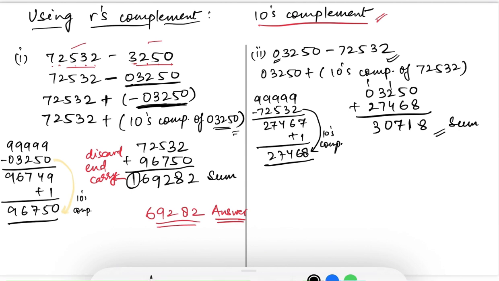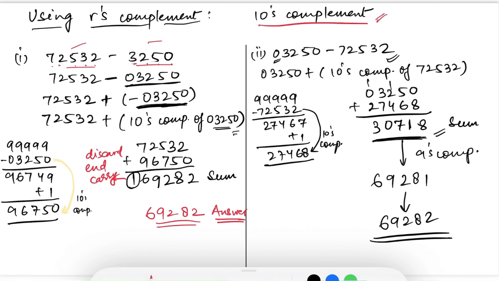But this answer is not yet in a familiar form, this is in complemented form. Now take the tens complement of this number. So first take the nines complement. What will be the nines complement? 1, 8, 2, 9, 6. So this is the tens complement of this number. Okay. Now because I have taken the complement, I must put a negative sign here. This is the negative number. So now the answer is minus 69282. Right? This must be the answer. This was the positive answer. This must be the negative answer.